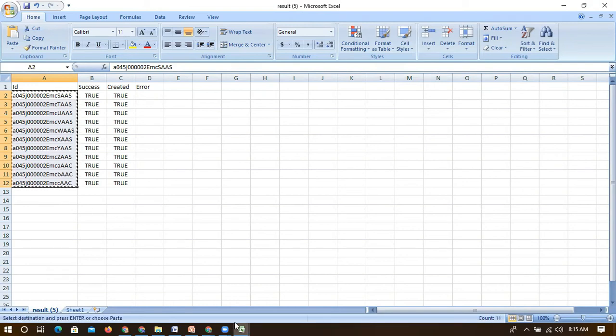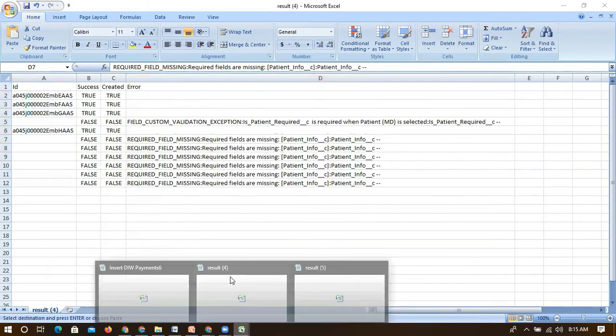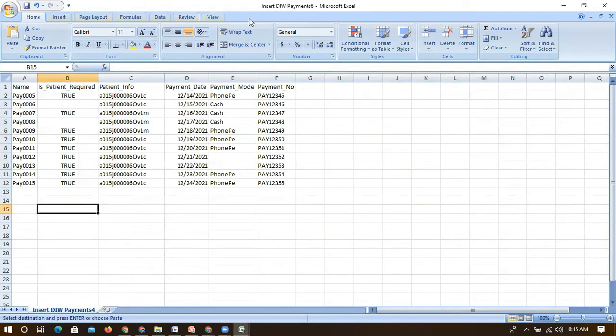Let me copy this and quickly go to the previous format, the sixth format. Within this sixth format, right now we have all these fields: name, is patient required, patient info, all this.